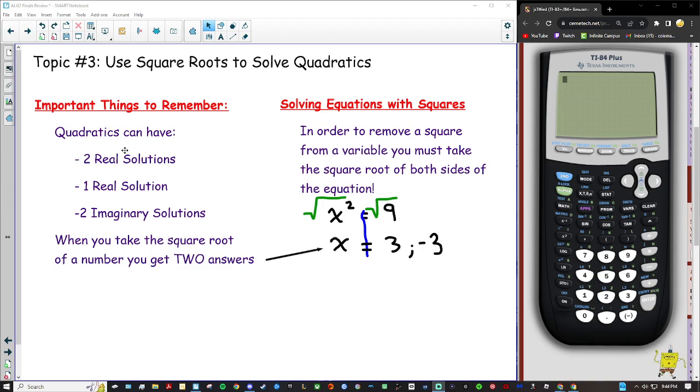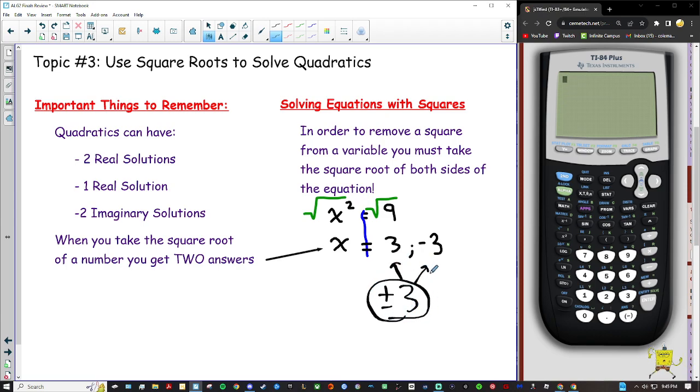They can have one real solution, or they can have two imaginary solutions. We're going to see just when each one of these might happen. Second, whenever you take the square root of a number, remember, you get two answers, not one. If we look over here to the right, we have x squared equals 9. We took the square root of both sides, and when we take the square root of 9, we don't just get 3, but we also get a negative 3. Remember, we have that fancy symbol, plus or minus 3,